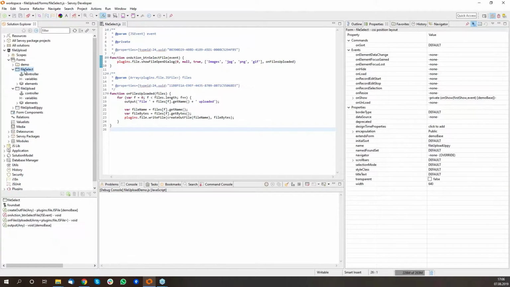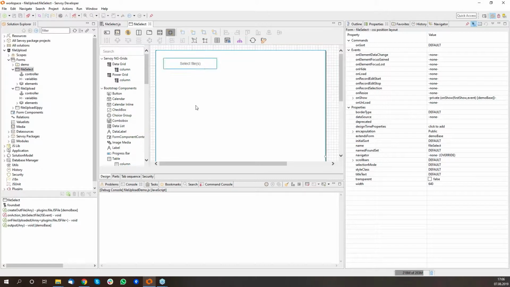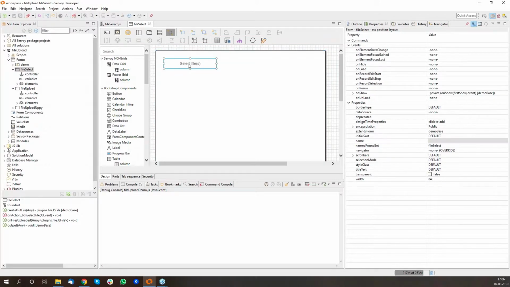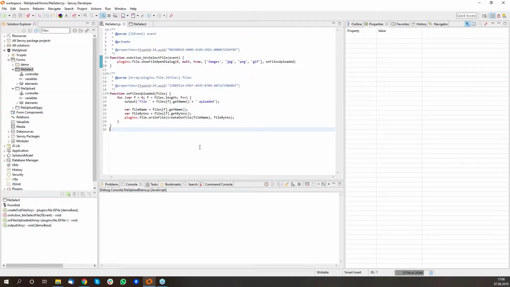And let's have a look at the form first. That is the form. A simple button, and that button has only the select file method attached, which is over here. And all that does is it says show file open dialog. Then this parameter controls whether I'm allowed to multi-select files. And this is an array of allowed file endings. So that's how I manage to